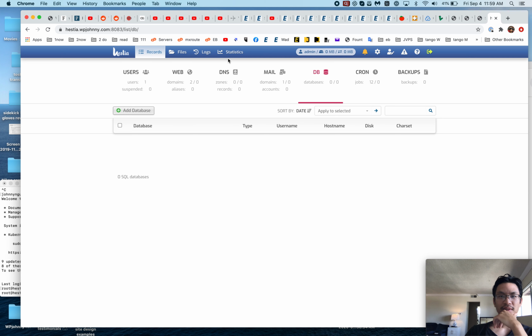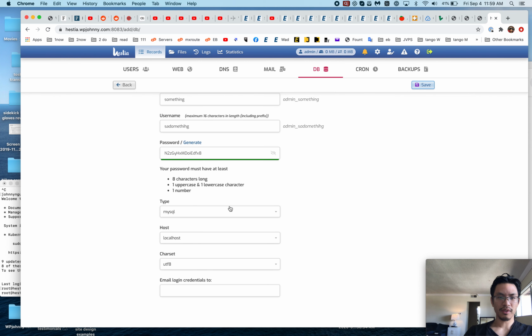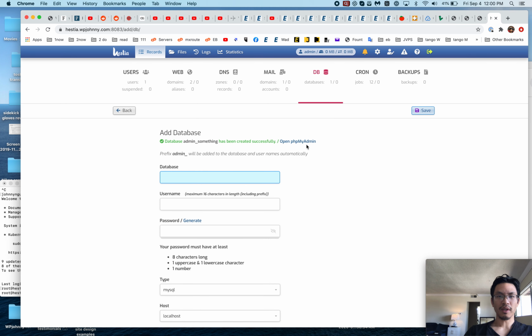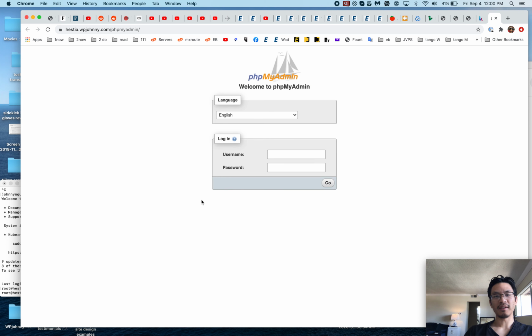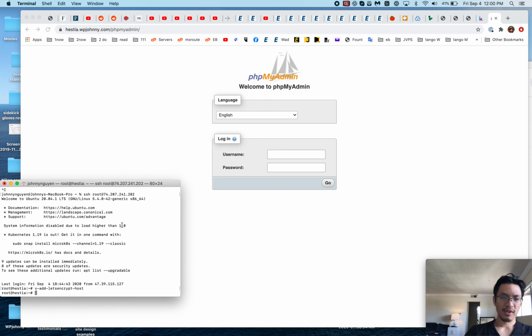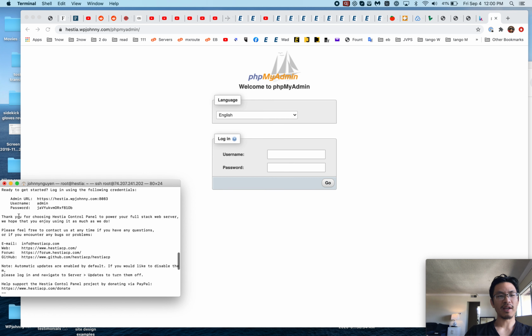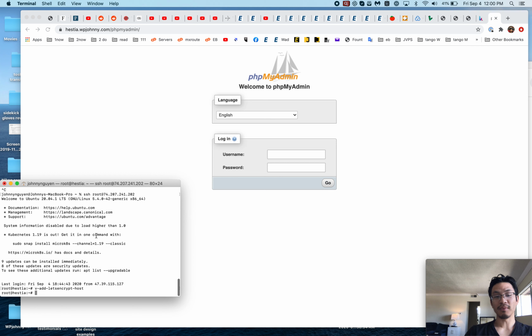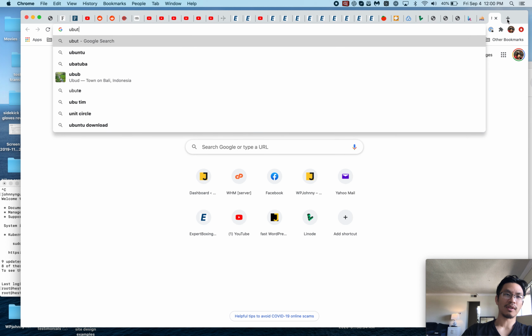So let's say we create a database right here, and I'm just going to have it auto generate. These are fine. I don't need to send credentials. Okay, when I open phpMyAdmin, you get something like this. So it would have been great if when you were installing the server, they had the MySQL root password in there, but they don't. So you have to go back to the command line and do something like,